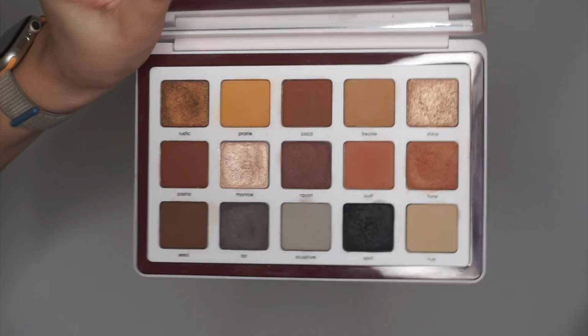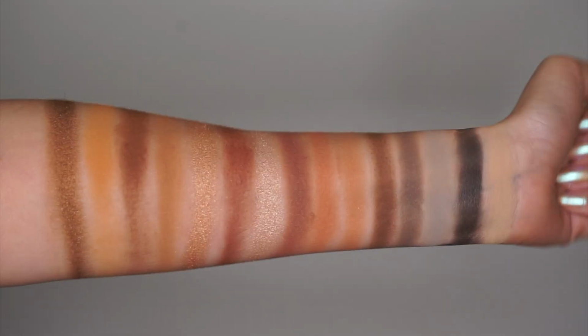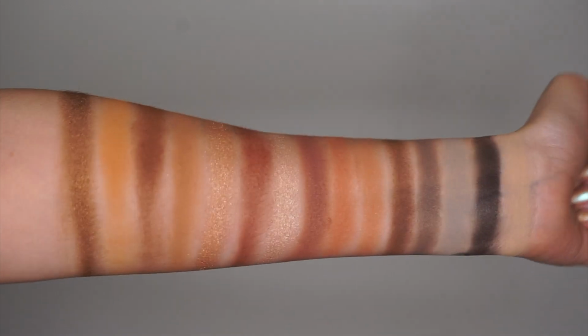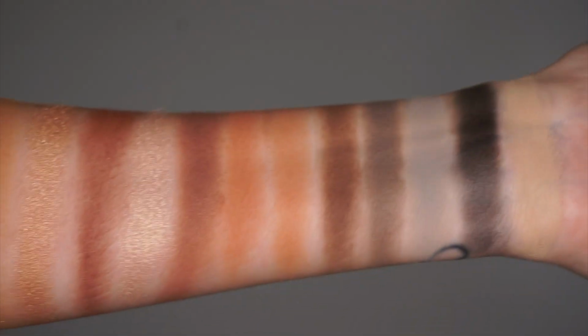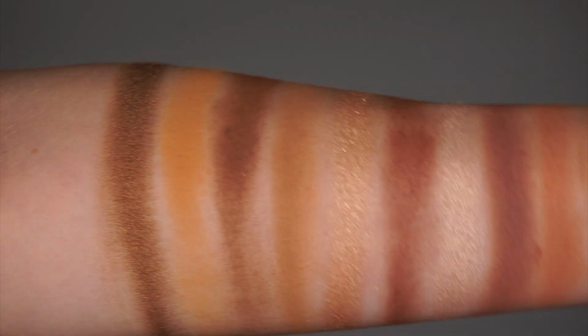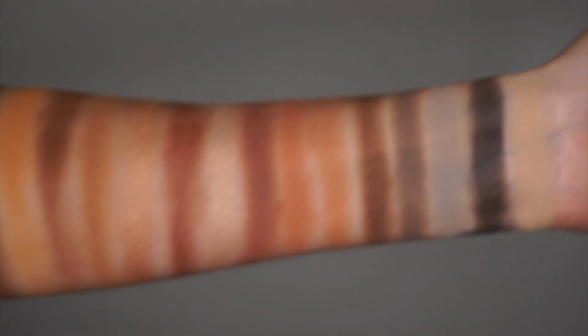I can reach for this one if I want to go for my indie shadows. If I want to reach for my special sparkly shades, I would pull this palette out as a companion palette to do all of my mattes. And no matter what kind of indie shadow I would reach for, if I was going for more of a neutral look, this palette would have everything that I need, which is again why I love it so much. Also, the quality is absolutely amazing. So I'm a bit sad that I haven't reached for this one yet, but I know exactly why,